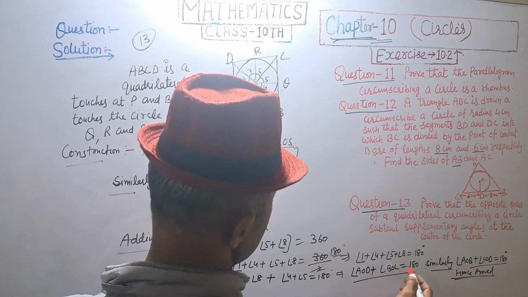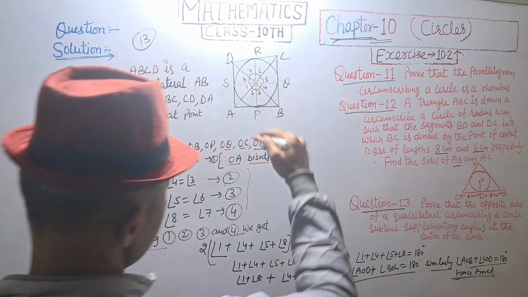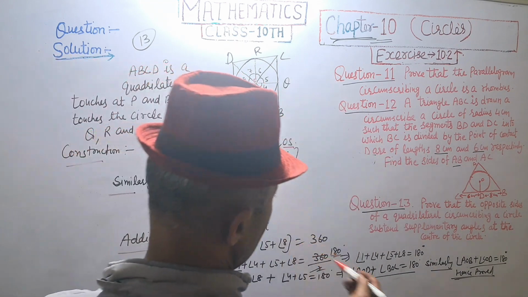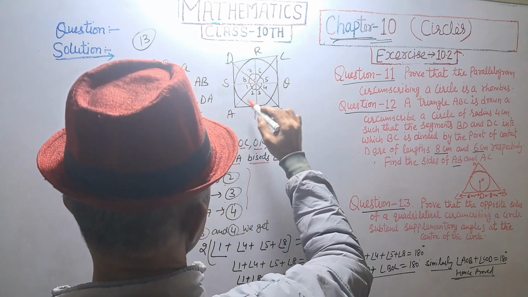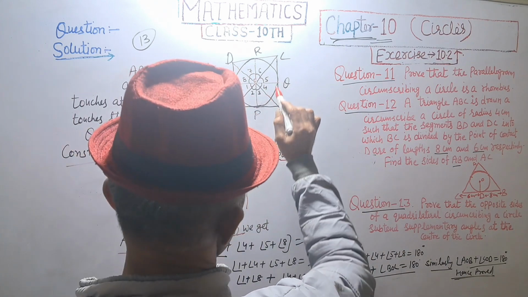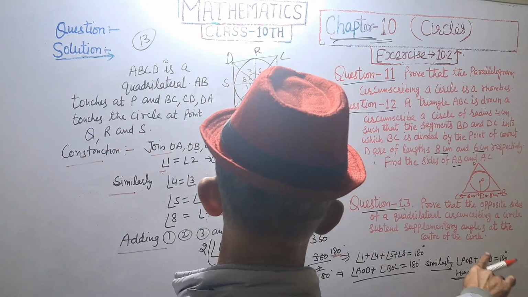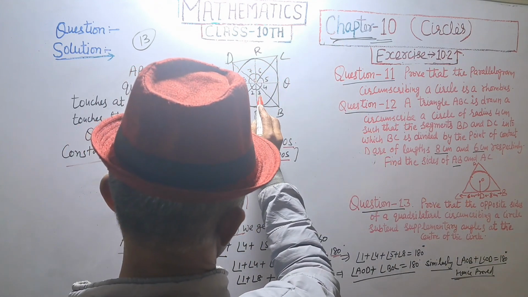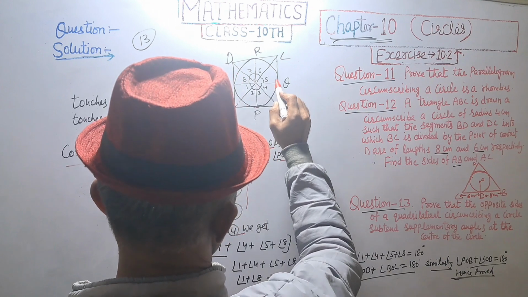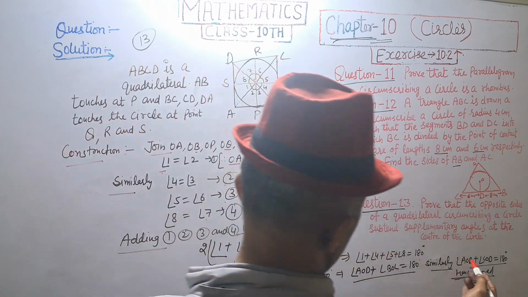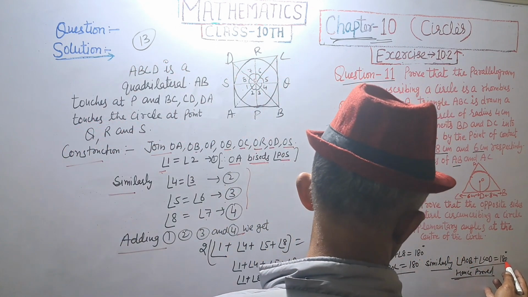AOD plus BOC is equal to 180, and similarly angle 2 plus angle 3 plus angle 6 plus angle 7 is equal to 180 degree, and angle 2 plus angle 3 is AOB plus COD. AOB plus COD equal to 180,